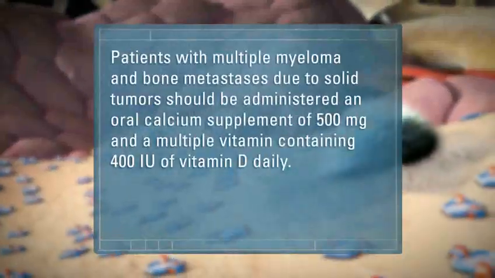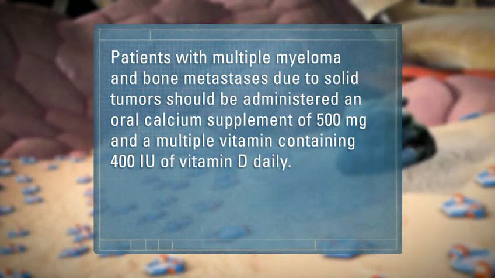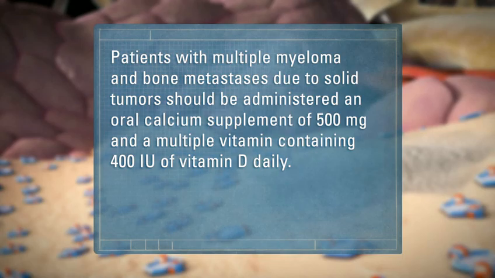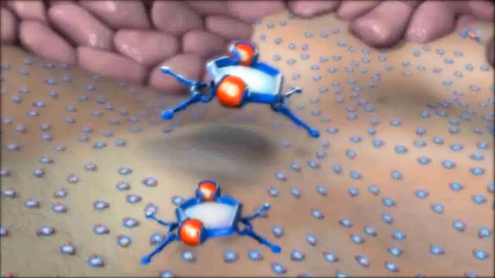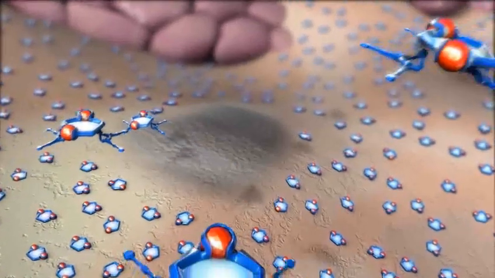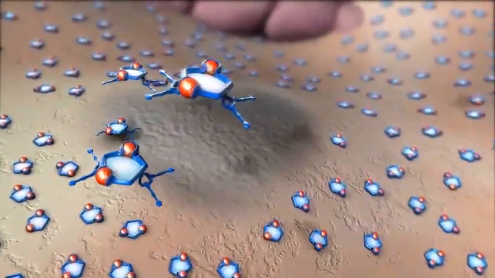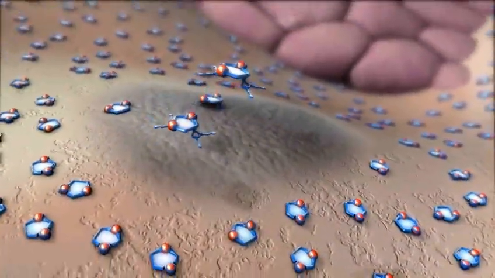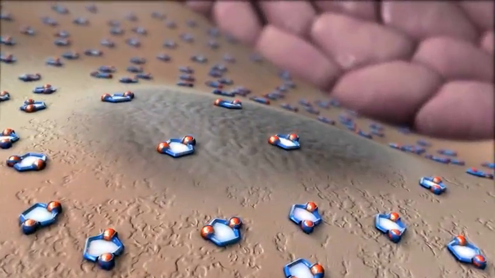The decreased bone resorption may result in decreased calcium release. Patients on Zometa should take calcium and vitamin D supplements. Zometa should be re-administered once every 3 to 4 weeks in order to replenish drug molecules that are removed from the surface of the bone during osteoclast-mediated resorption. Zometa may block the destruction of mineralized bone,